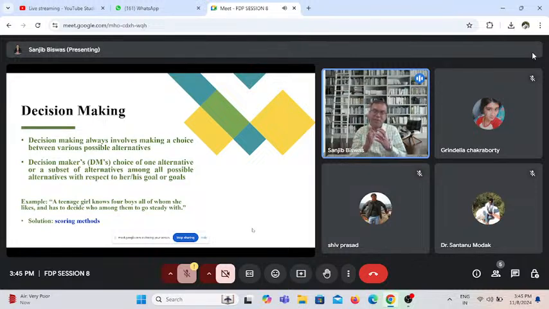But this is simply like that. Four available choices are there. She has to select any one choice. Now, how does she select one particular boy? Apparently, if there is one consideration, like the boy who has a good character, that person with whom I would marry, then it's a scoring method. It may be salary, it may be the culture, it may be the qualification.